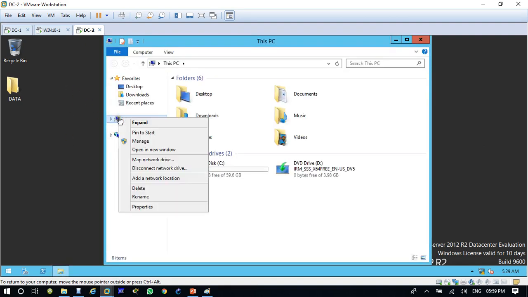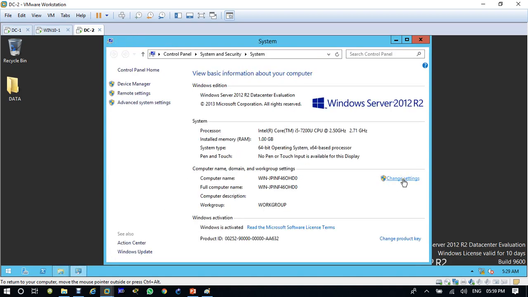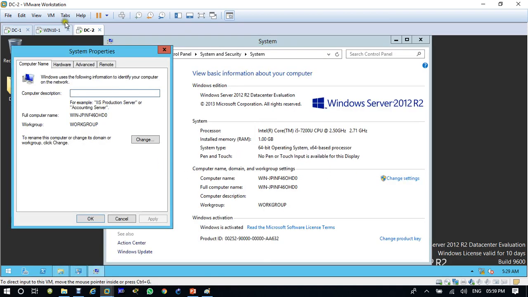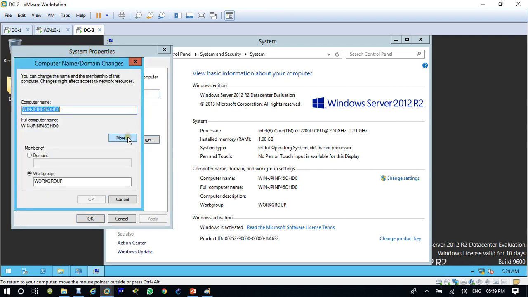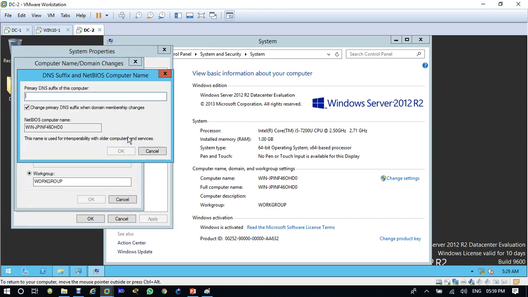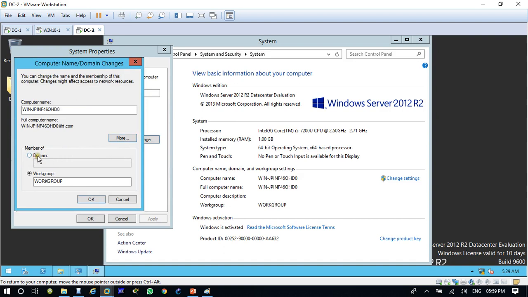So now this DC2 can be a member of your DC1. Right click, properties, click Change settings, and click Change, then click More. Here you can write ist.com, your domain name, then your domain ist.